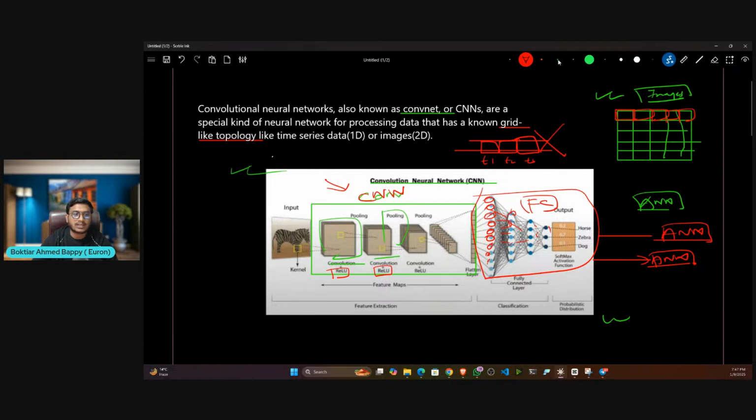Why does ReLU work better? I think you already know if you know about ANN. Inside ANN you already learned why ReLU works better. So you can see, if you combine all the architecture together, this is actually called a convolutional